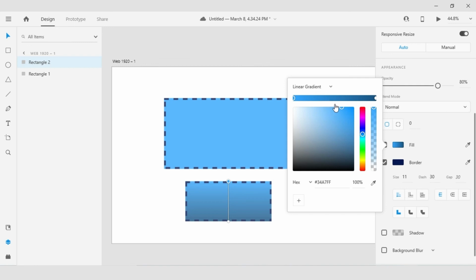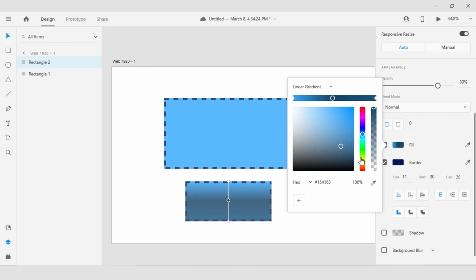I have the ability to come in and define the beginning and end point of my gradient. So if I click on this beginning point here, I might decide that I really want it to be much lighter. I can come in and add additional stops. So if I go to the other side, I might want to just darken this up. Alright, we will make it pretty but different.